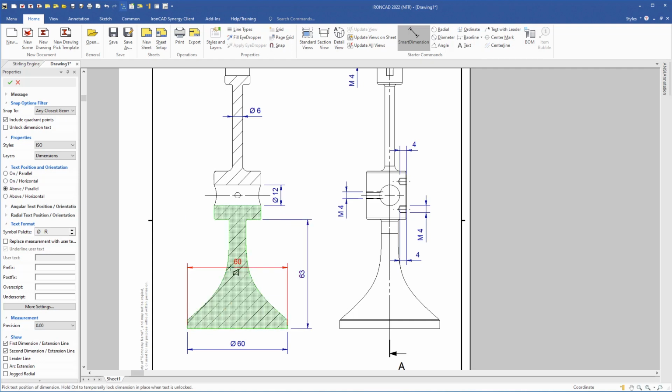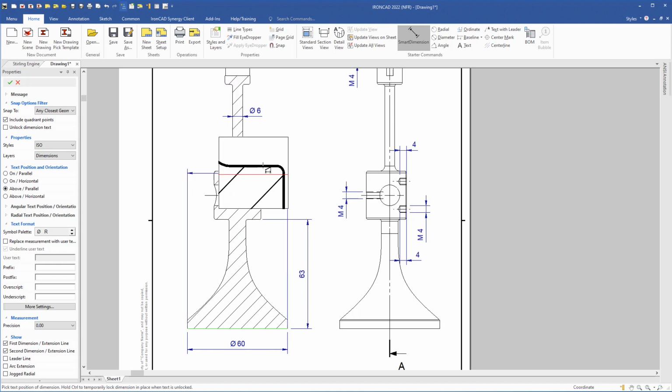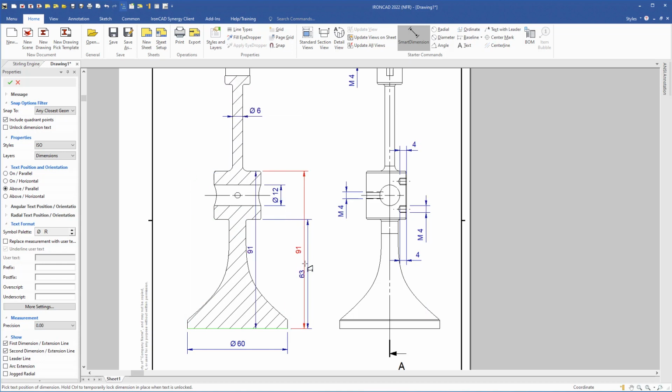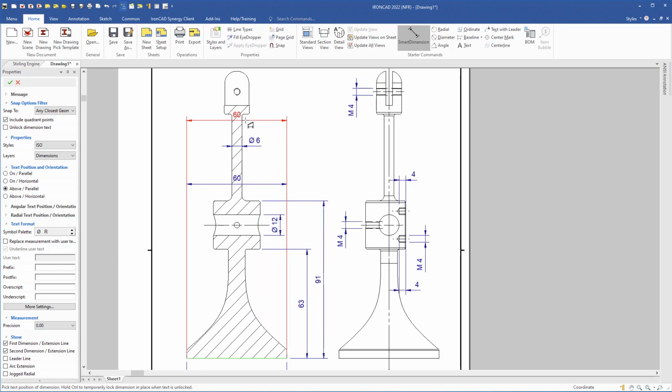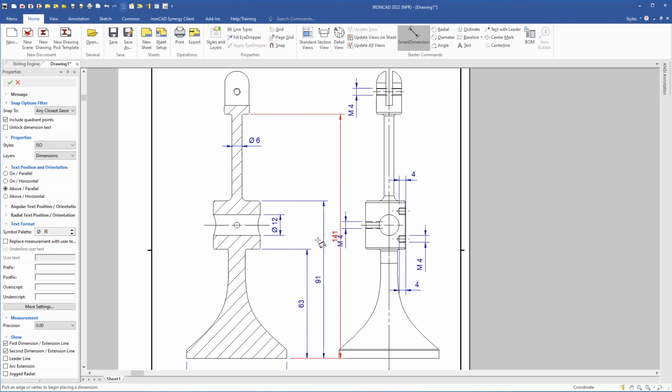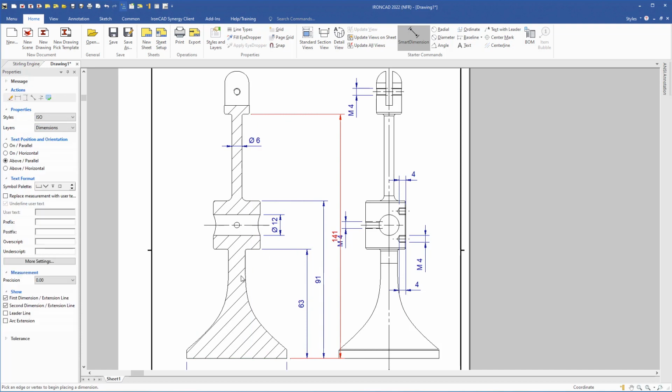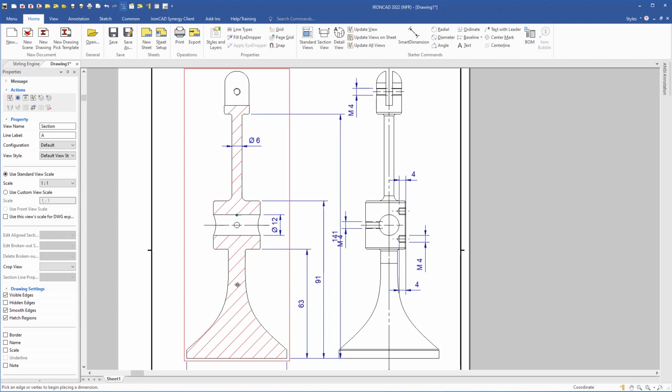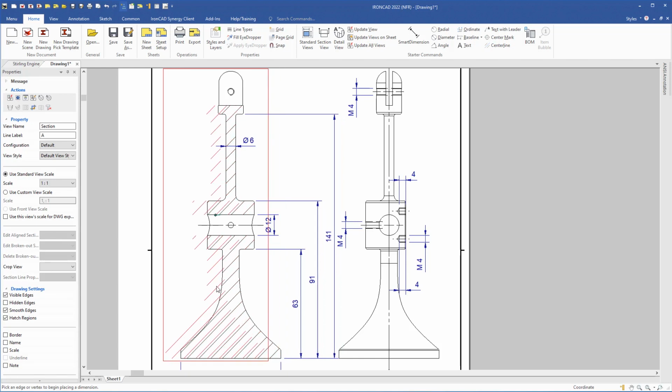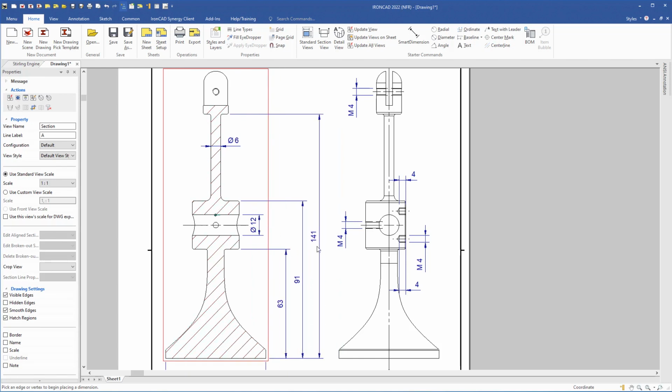Click here again, come up here, use the G key, click on this line and G key again, place the dimension there, click here, and I will come up here, the G key, select this line and press the G key again and place the dimension here. Then I will press escape to exit the command, and I will move this view a little bit to the left so that there will be a space